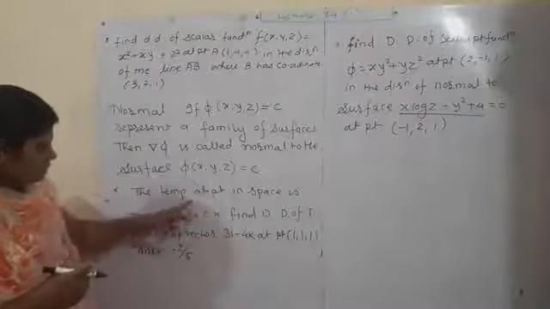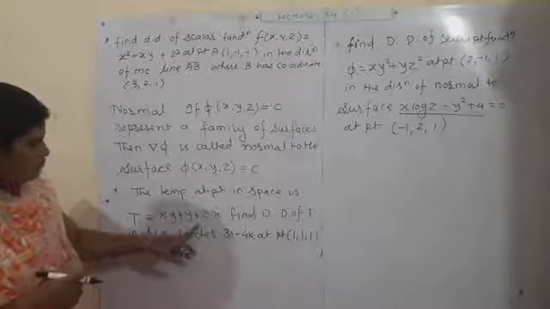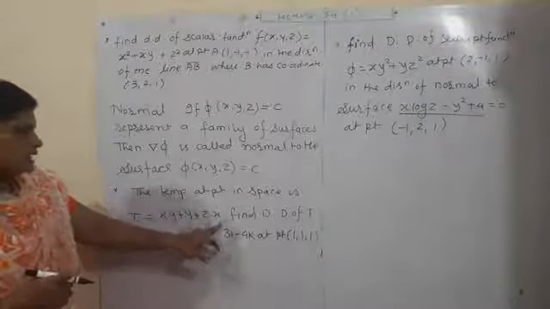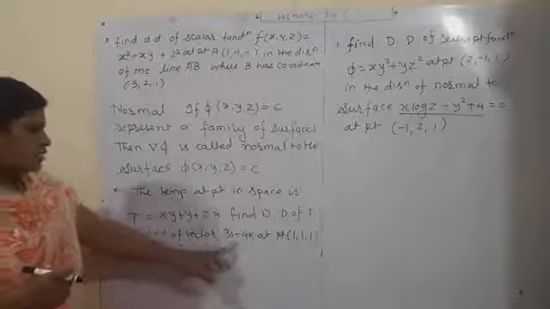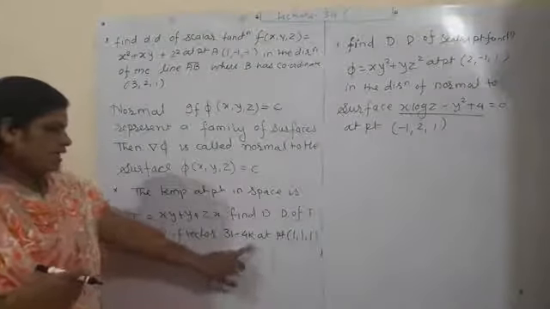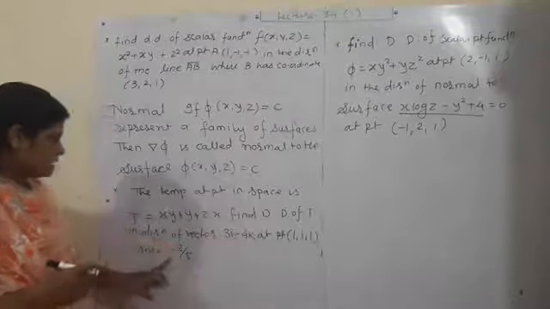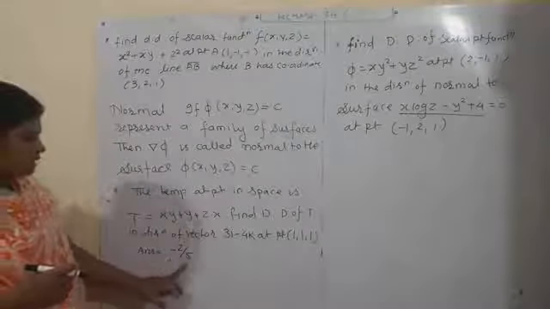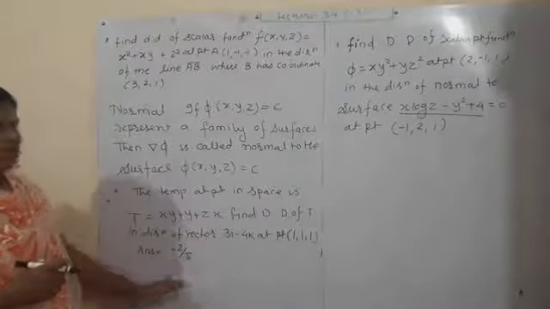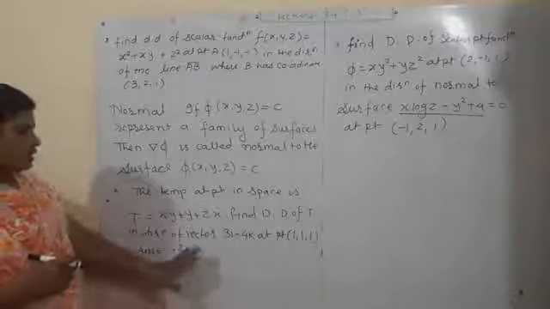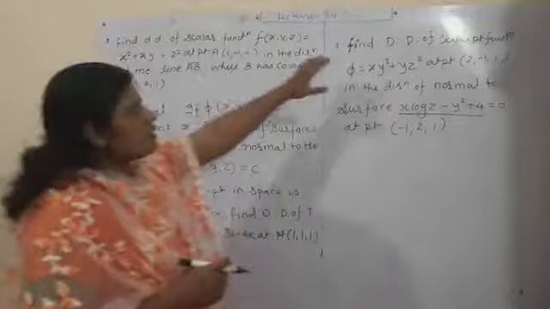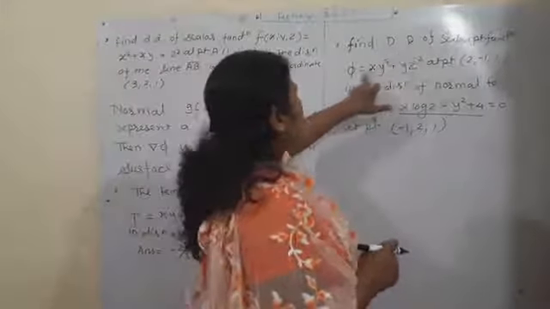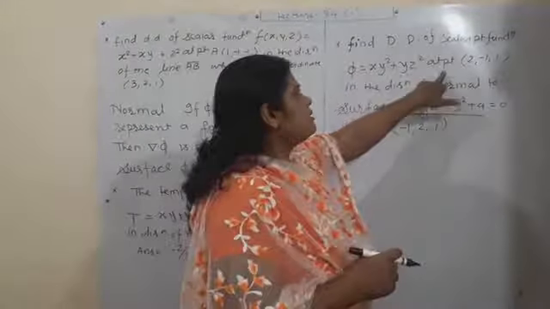And one problem, the temperature we have given in this form xy plus y plus zx, and we have to find the directional derivative of that temperature in the direction of vector 3i minus 4k at a particular point, and the answer should be -2/5. अब जितने भी हमने प्रॉब्लम किए अब तक के डायरेक्शनल डेरिवेटिव के वो समझ गए होंगे, तो ऑब्वियसली यू कैन सॉल्व दैट।